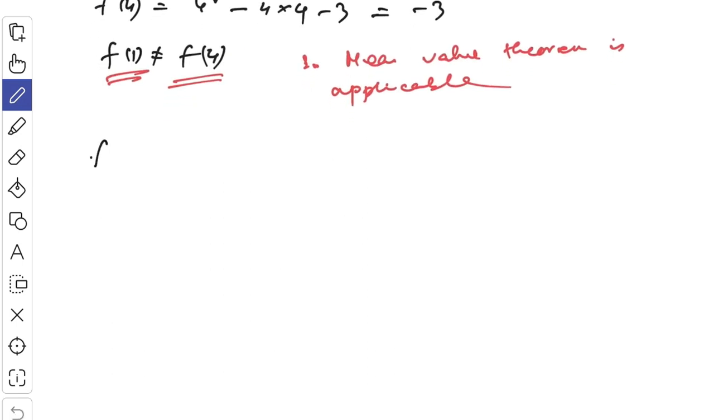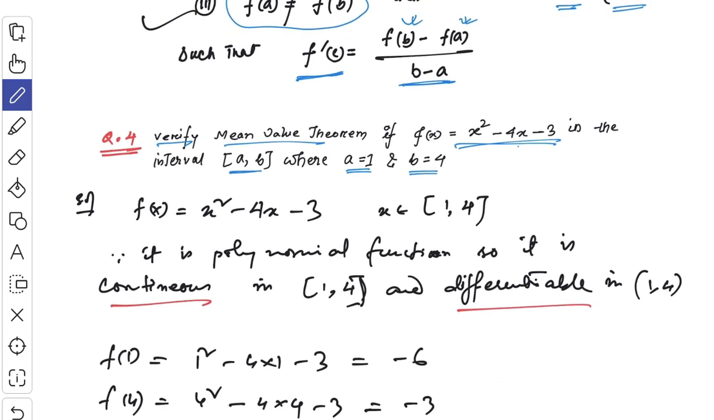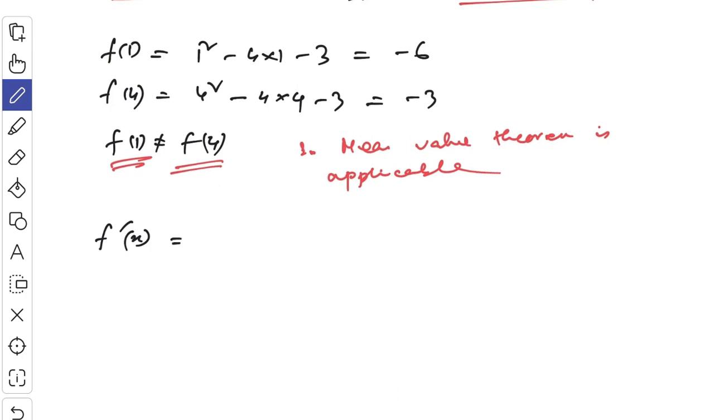So first let us find f dash x. Here f of x is this one. If you differentiate x squared, you will get twice x. If you differentiate minus 4x, you will get minus 4, and the constant becomes 0. So f dash x is going to be twice x minus 4. Okay, so let us consider that c belongs to this open interval a and b, so a is 1 and b is 4, such that